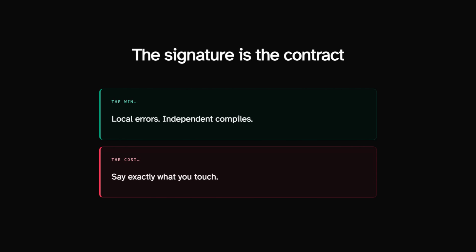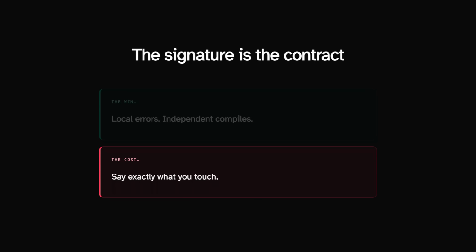So the golden rule is a trade. The upside is huge. Every function is checked by its signature alone. Errors stay local, and changing the function's body does not break its callers. And because Rust function signatures include how memory is used, the compiler can guarantee memory safety just by looking at the function signature, something languages like Java and C# cannot do.